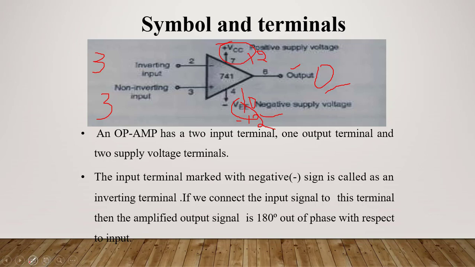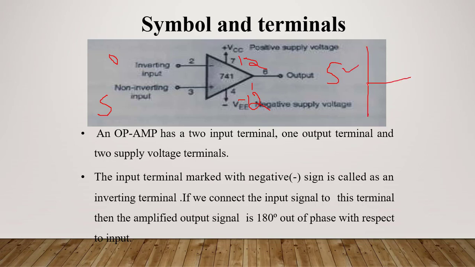Now, if you are given some input, you can take some example like 0 to 5. Okay, now assume that gain is 1 and assume your plus VCC is 12 and minus VCC is minus 12. Both are equal. Now what happens? It is 5 minus 0 into 1. So I am getting 5, and 5 lies between minus 12 and 12. So I am getting a full sine wave like this, 5.